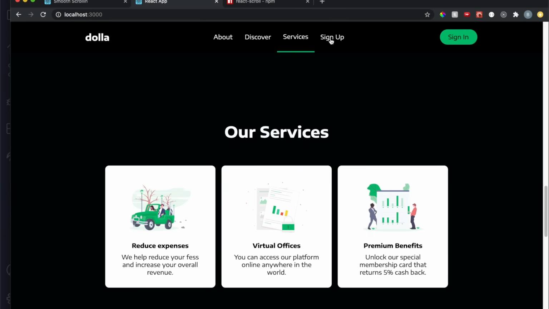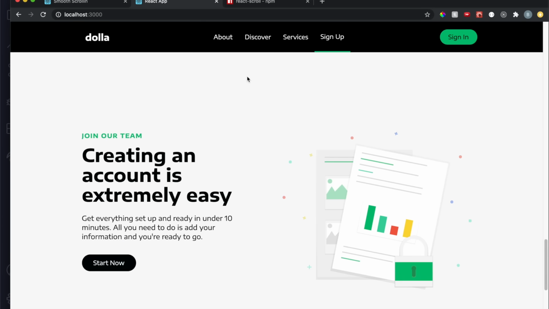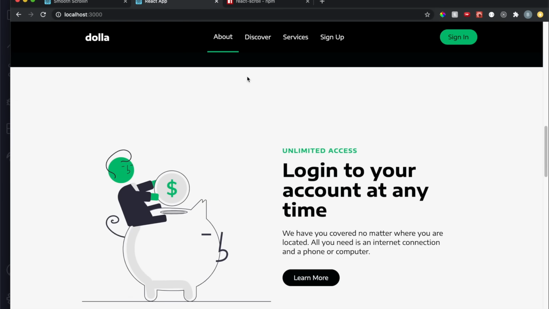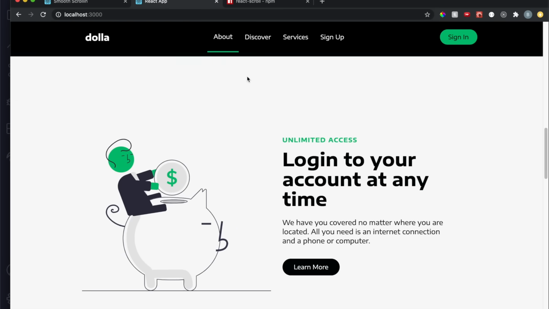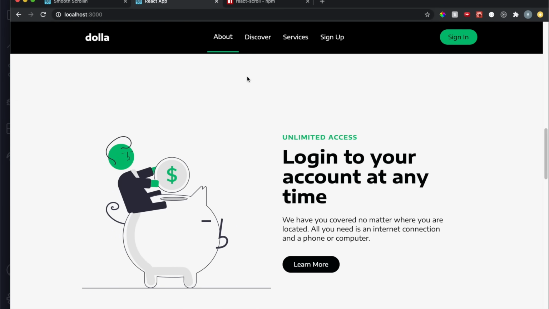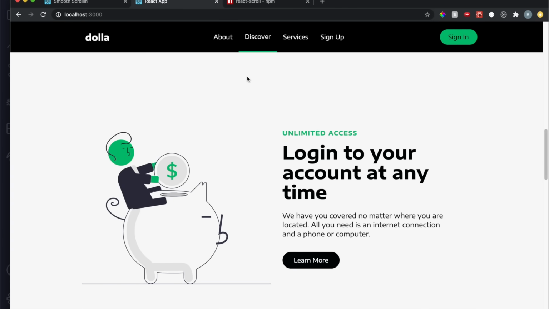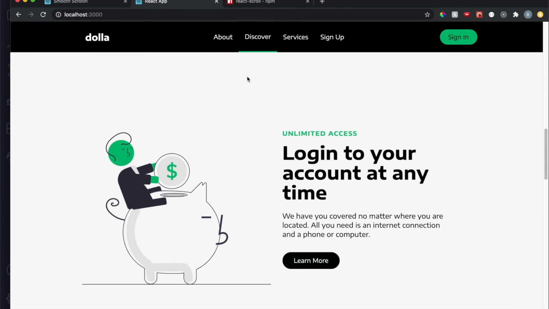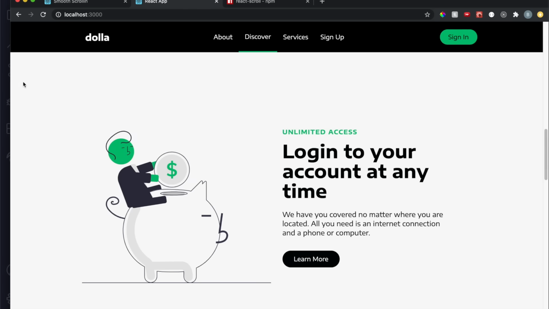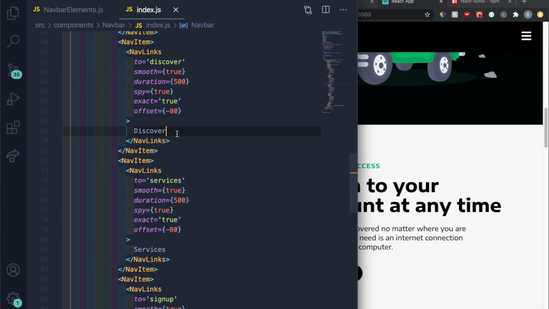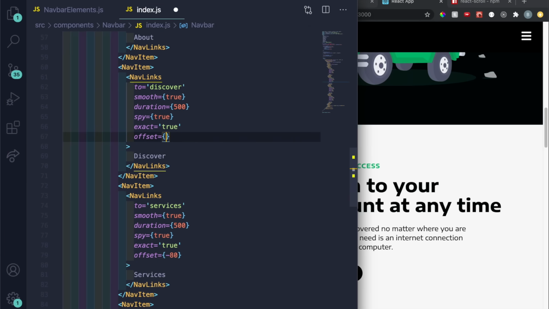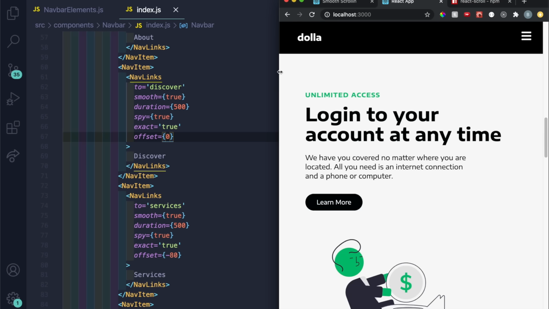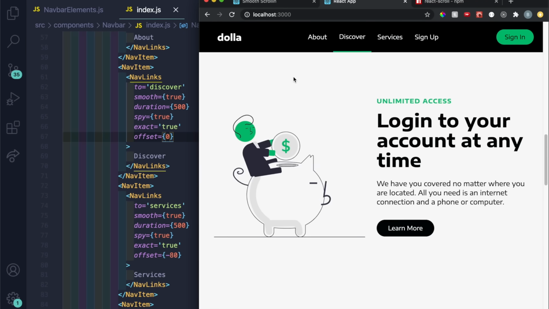So boom, bam, there we go. All right, now this is going to be much easier to see the difference. Right when it hits, see how this is technically the navbar's height? The minute it hits, it changes, right on the tip of the top of this container, this div. And if I were to take off this offset and just set it to 0,